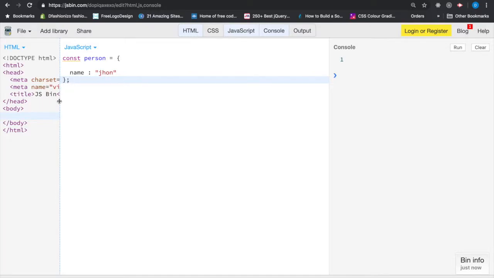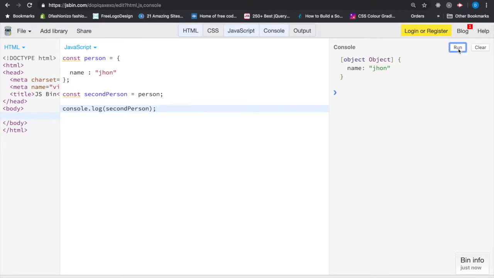Now I create a second person, const secondPerson, to which I assign person as a value. If I console log secondPerson, because we assigned the object person to the second person,